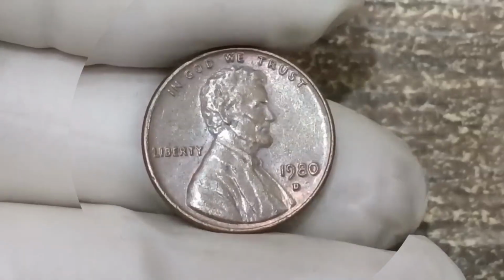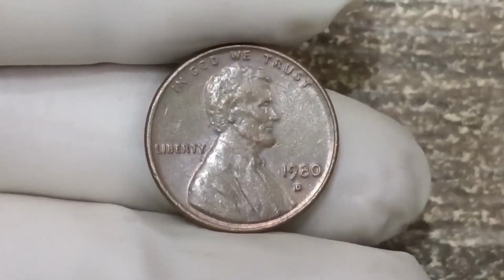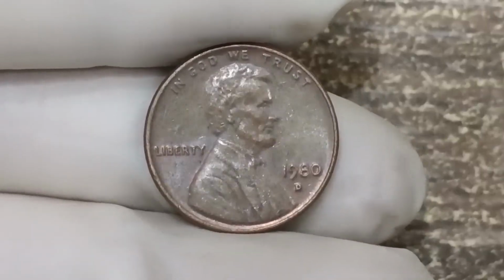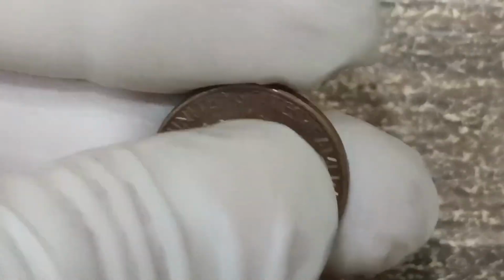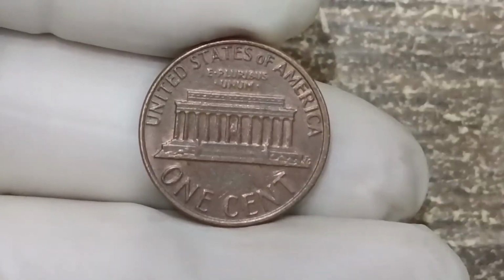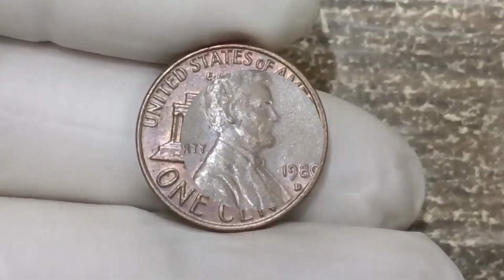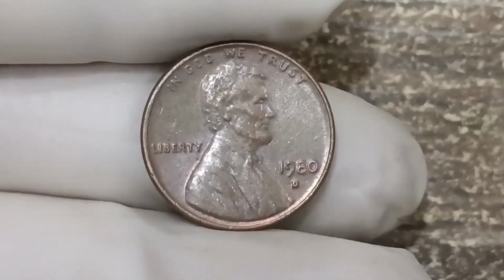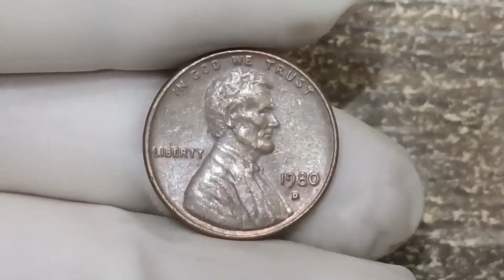giving collectors insight into the history and mechanics of coin production. And beyond the technical appeal, there's also the emotional thrill of knowing that a coin worth hundreds of thousands of dollars could be hiding in plain sight, perhaps in your pocket, your change drawer, or your piggy bank, which is why so many people are fascinated by coin hunting and the stories of ordinary individuals discovering life-changing treasures in their